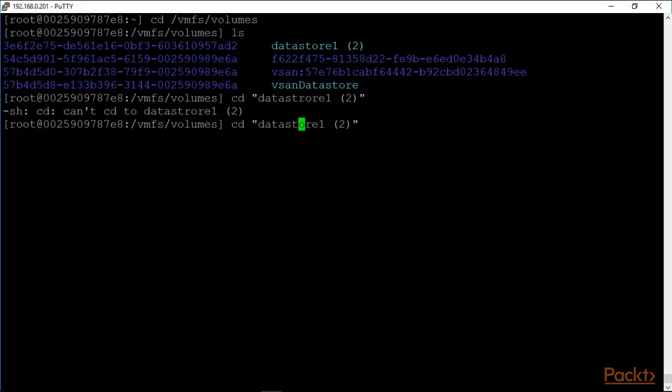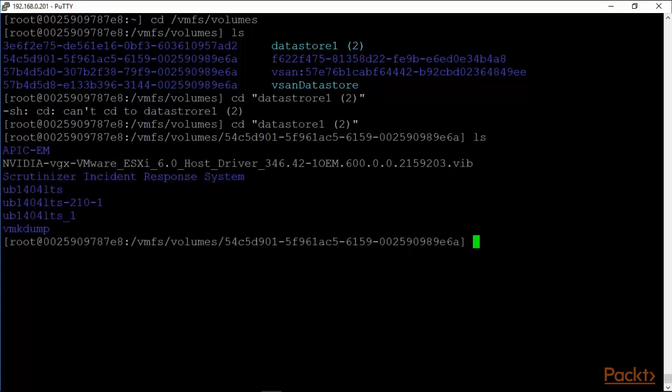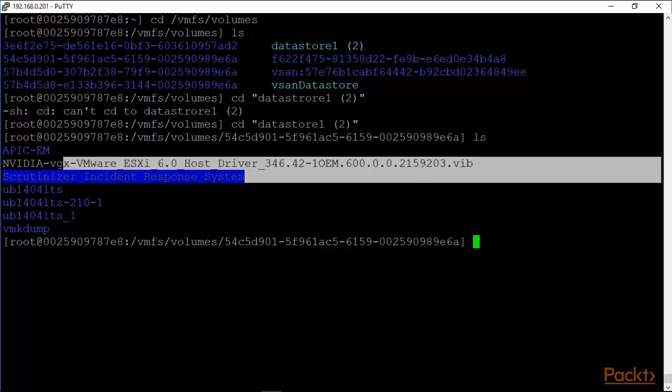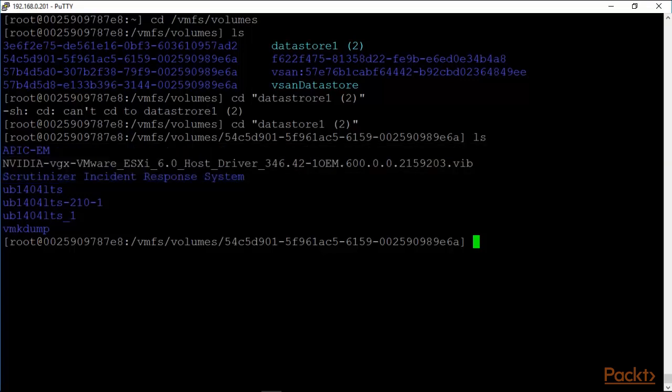Okay, I do an ls on that, and as you can see, the VIB file is now available to us, and we have the full path for this file as well. The full path is /vmfs/volumes/ and we can replace this string with datastore1 within parentheses 2, and then of course the NVIDIA file name. So the command that's used for installing software VIBs, virtual infrastructure bundles, is ESXCLI